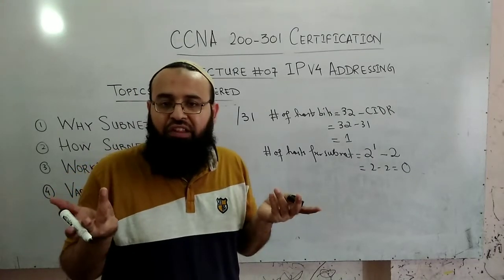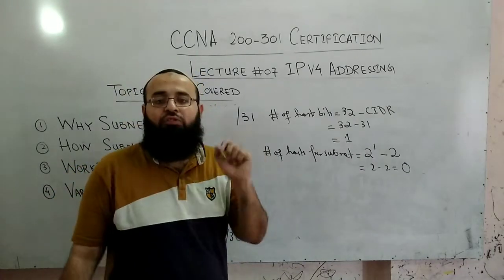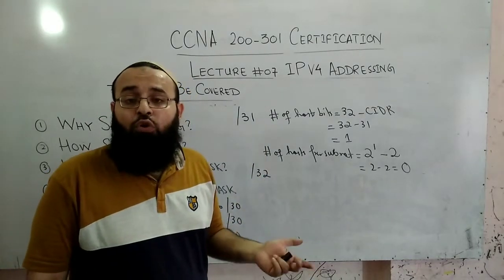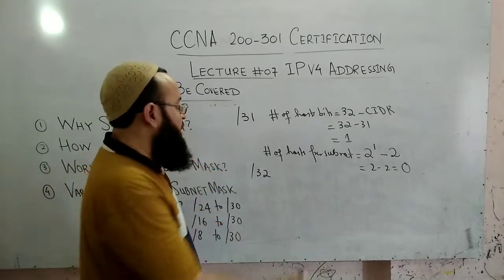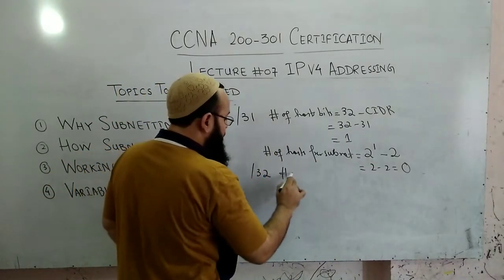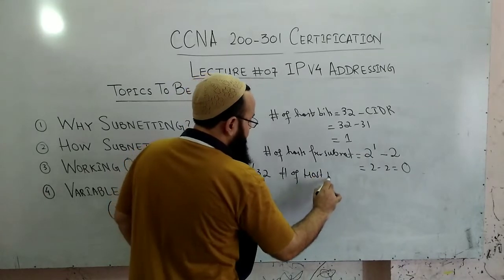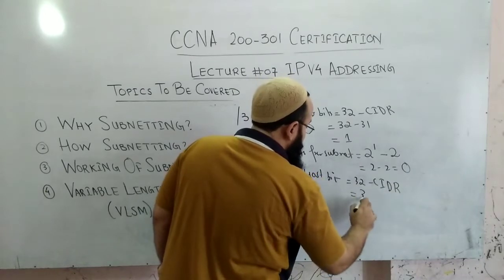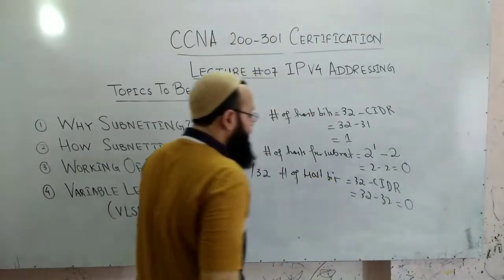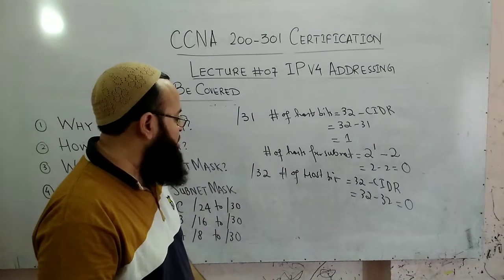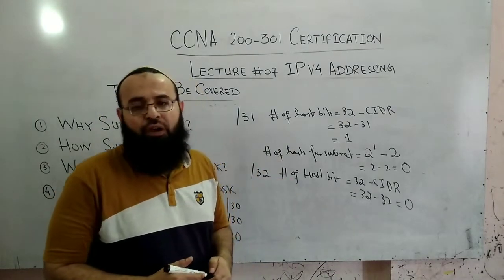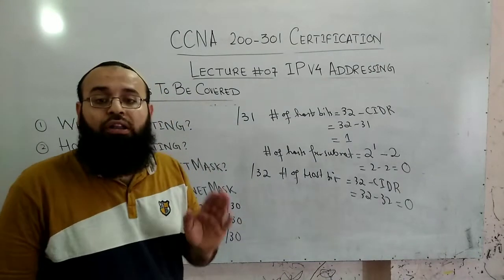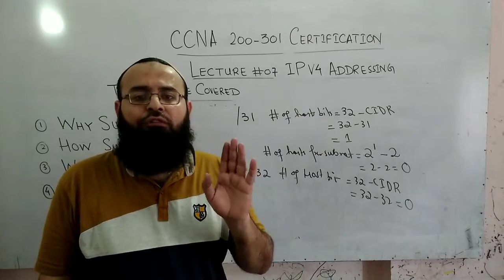So what type of network is this? It means that /31 is not possible. And why is /32 not possible? /32 leaves you with 0 host bits. If you want to calculate the number of host bits, it is 32 minus CIDR. So what are you left with? 32 minus 32 becomes equal to 0. So there isn't any bit for the host portion. So how will the number of hosts per subnet be found? This is the reason why we don't use /31 and /32. We only use up to a maximum of /30.